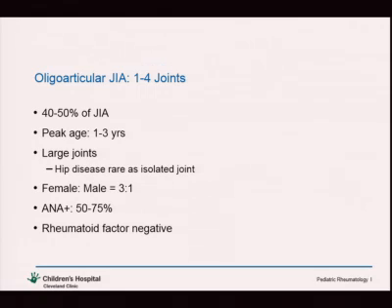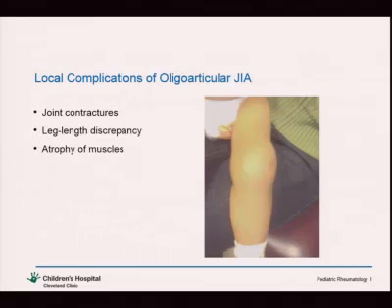Female to male is more in females, 3 to 1. More commonly the ANA is positive and the rheumatoid factor is negative. So there's a very swollen knee. You're trying to avoid patients getting joint contractures, leg length discrepancy from altered blood flow patterns to the growth plate area on either side of the joint, and associated atrophy of muscles from guarding the joints and not weight bearing